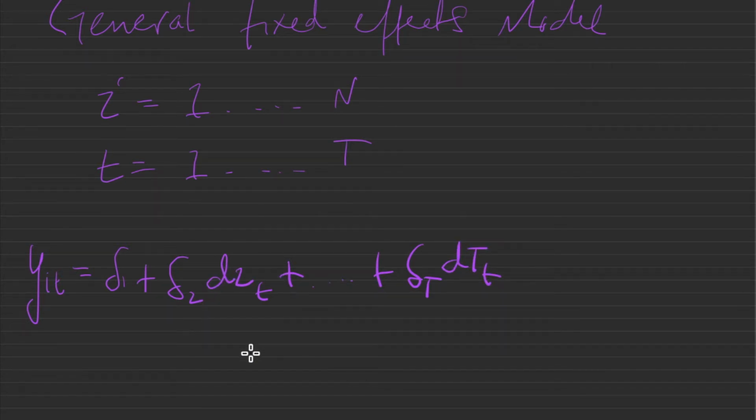So observe that we include a year dummy for each year in the data set minus 1